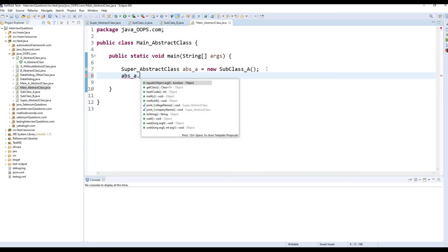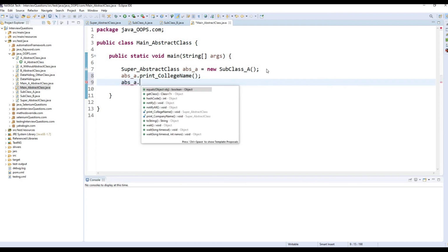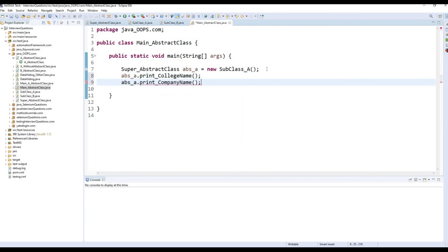So this is the answer for the upcasting concept. Okay, so here I'm going to execute print college name and APSA print company name. The same way I'm going to execute Subclass_B.